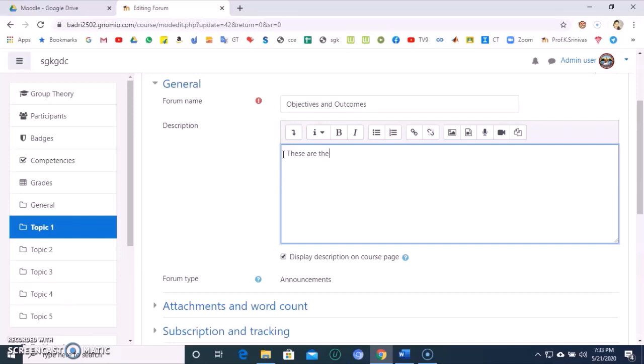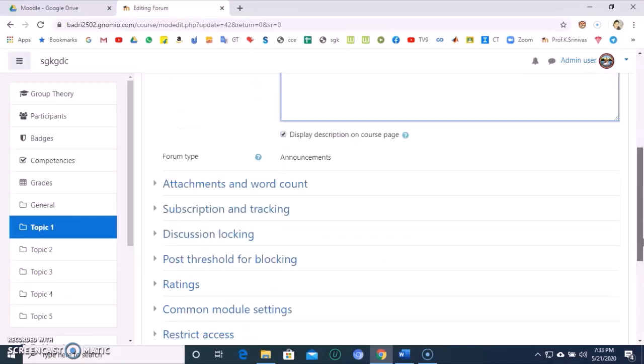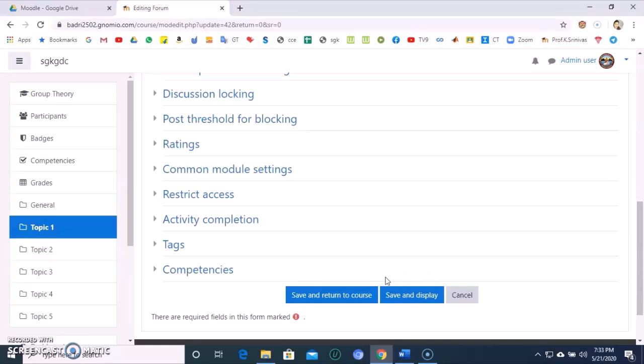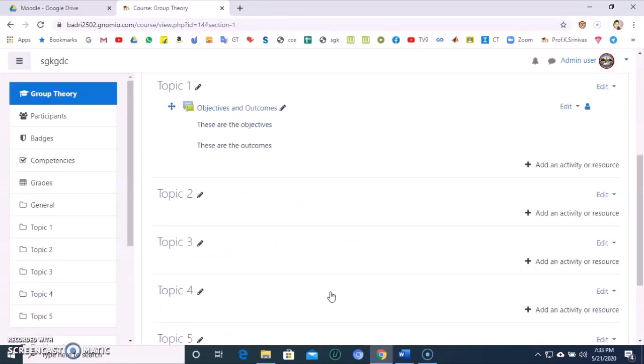These are the objectives. These are the outcomes. So check that box, display description on course page. Scroll down and click on save and return to course. Yes. The objectives and outcomes are displayed.